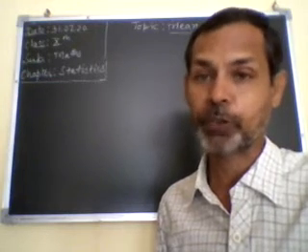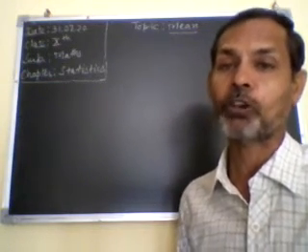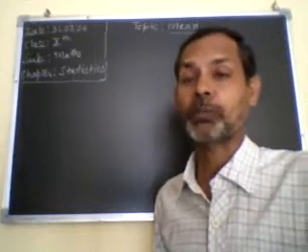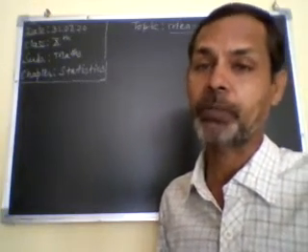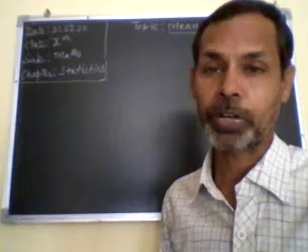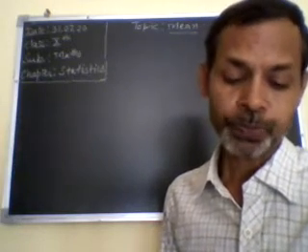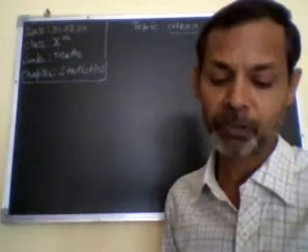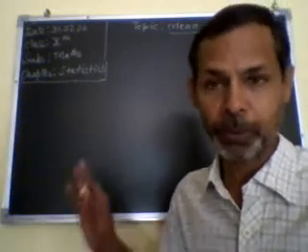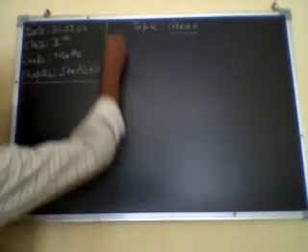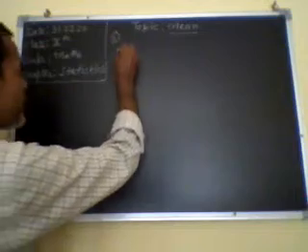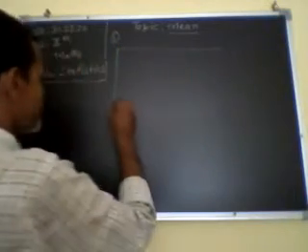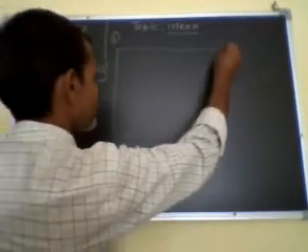So again we have to find the mean, and we have to use the formula x bar equals summation of fi xi divided by summation of fi. We already discussed the formula. In this question one table is given, with the number of plants and the number of houses. So we have to prepare a table on the board, and then start the solution of the question. This is question 1 from 14.1. So make a table.